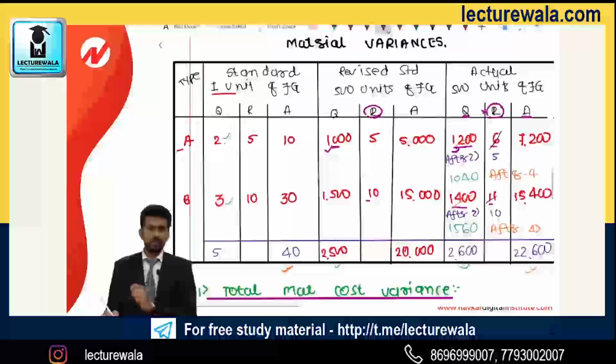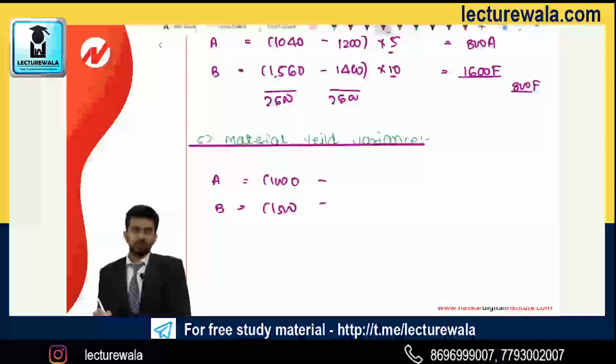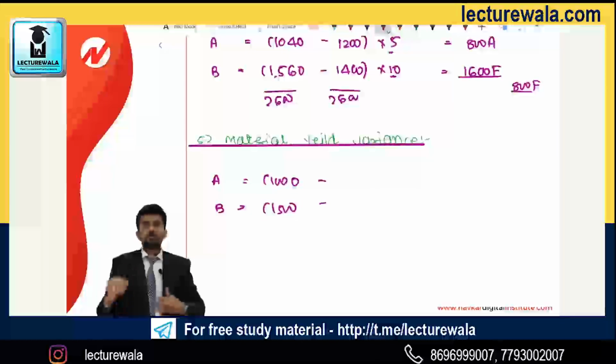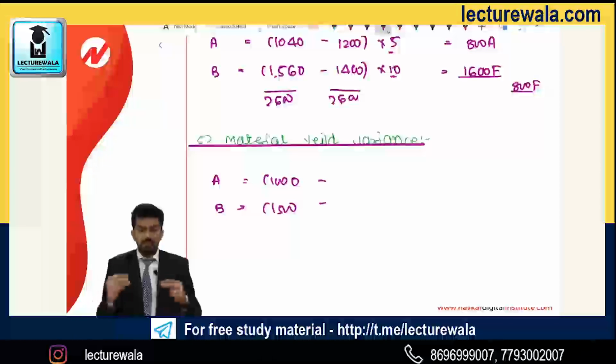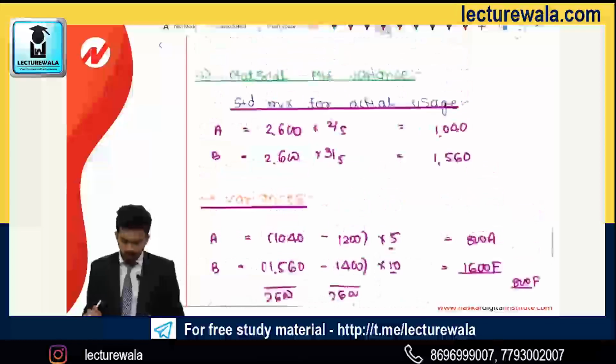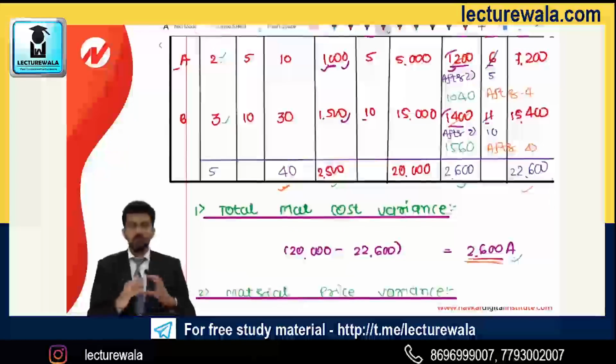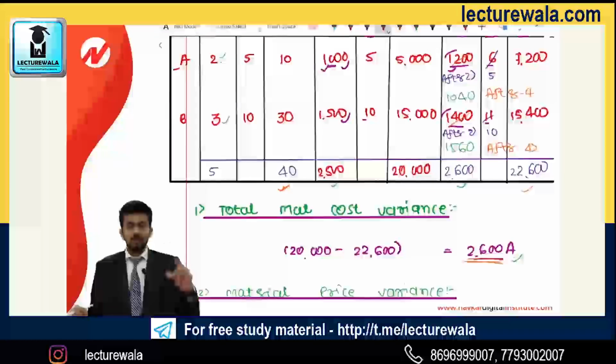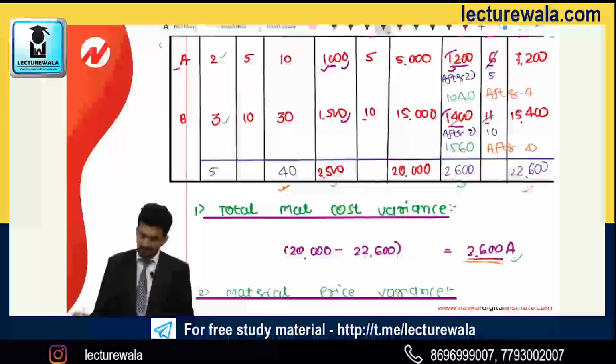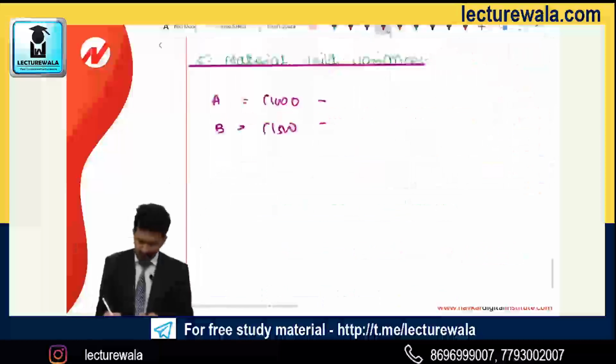Now next question is very, very important. When I say what quantity should have been used, the answer is 1000 and 1500. But when someone asks what is the actual quantity used, what has been actually used, please listen, do not tell me 1200 and 1400, because that's no longer there in the table. When someone asks you what has been actually used, you need to answer 1040, sir,